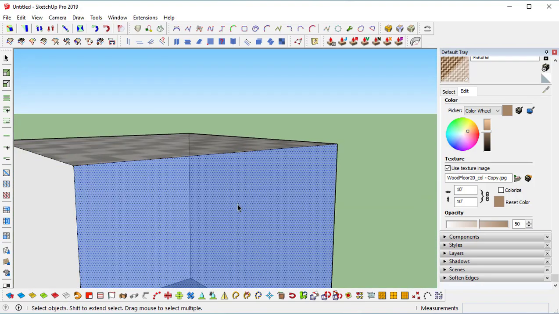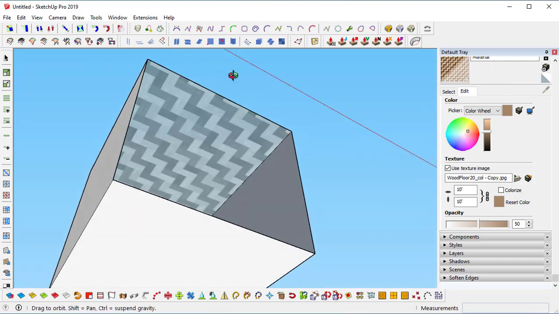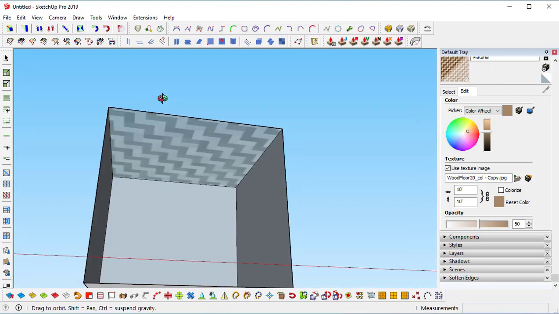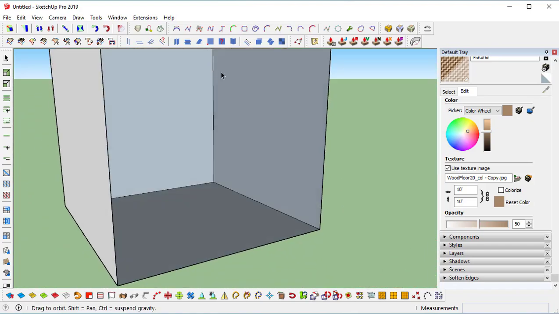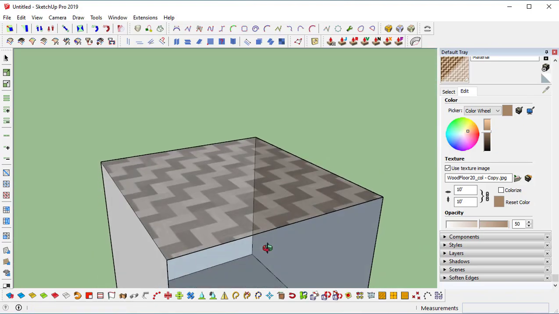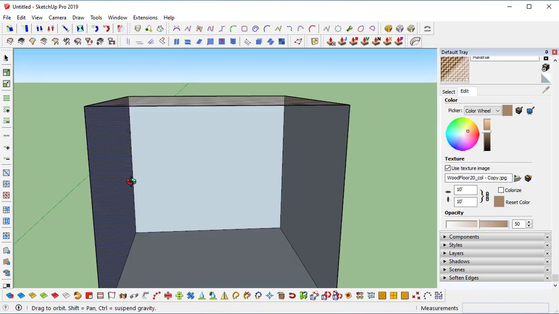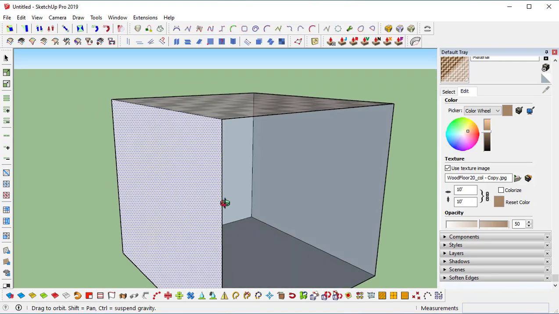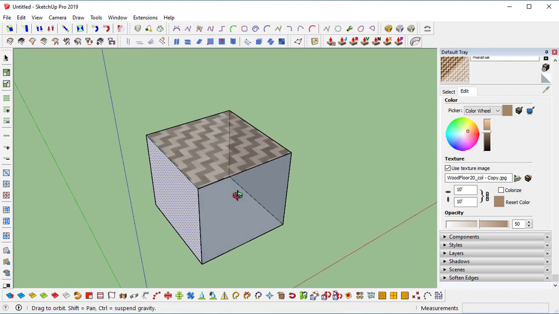I will just delete that face. Again I will apply here too. See, from both sides it will be a translucent glass. Make sure you remember, if you are applying onto a single face, you need to apply on both sides. If it is a group, it will automatically be applied to both the inside and outside faces.